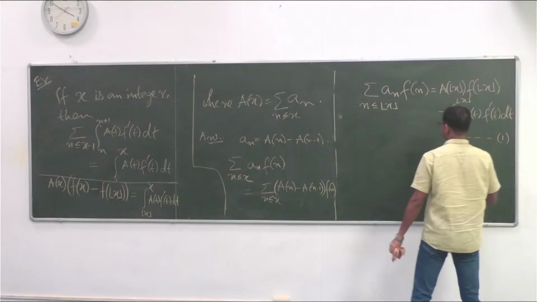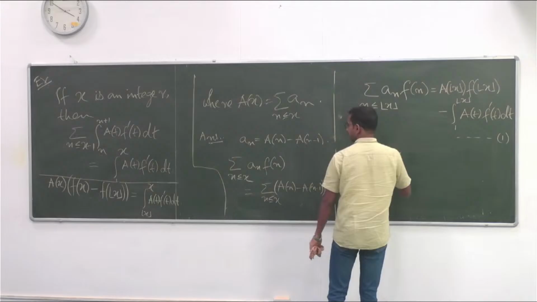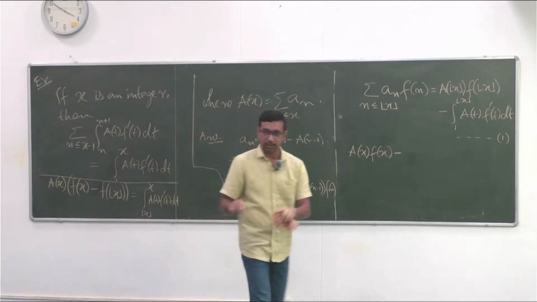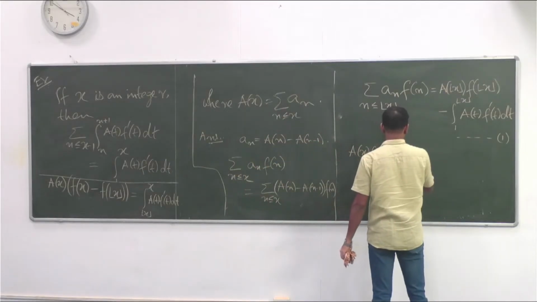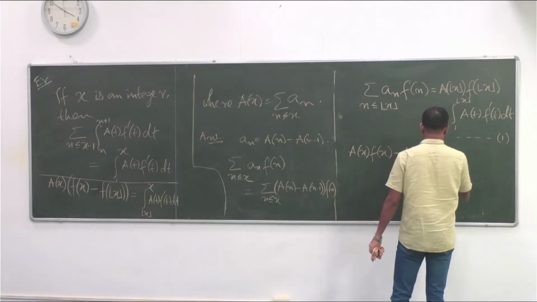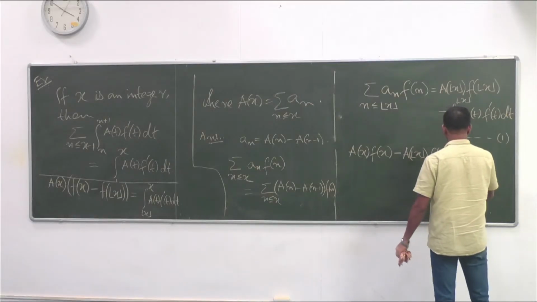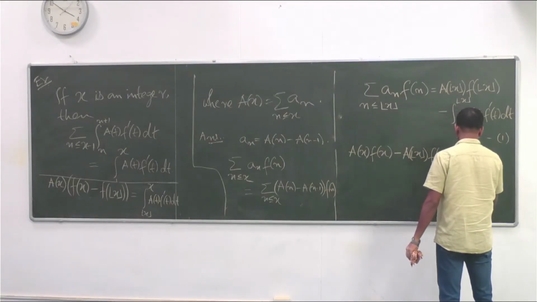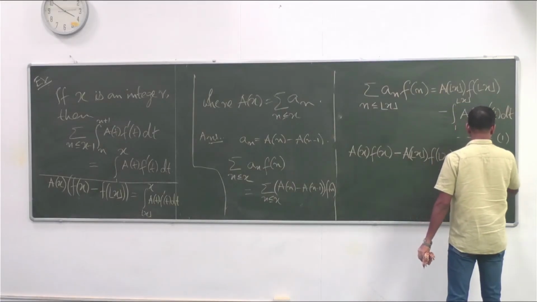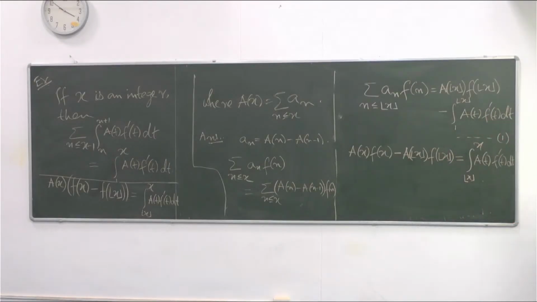And the second thing is that a(x) f(x) minus, as we mentioned, a(x) is just a(floor x), so a(floor x) f(floor x), is equal to the integral from floor x to x of a(t) f'(t) dt, right? So if we call it 2,